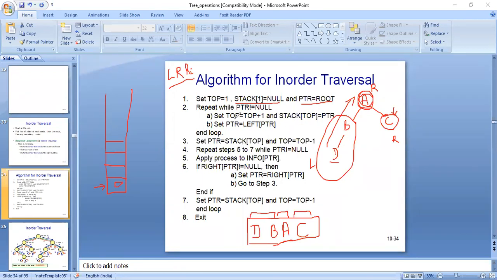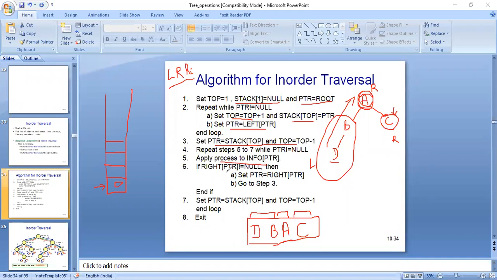So we will be adding the elements into stack with root and its left child. Root and left child will be pushed into stack, and then if we encounter the leaf node, then we will start backtracking, and for backtracking we have to delete the top element from the stack, and we will process the info part of our left child and right child while backtracking.